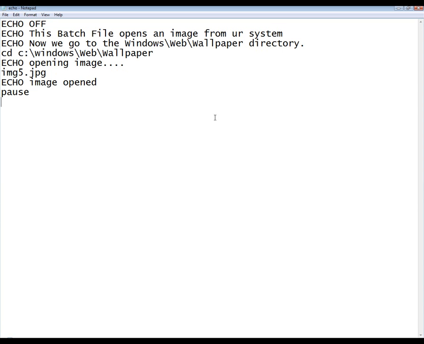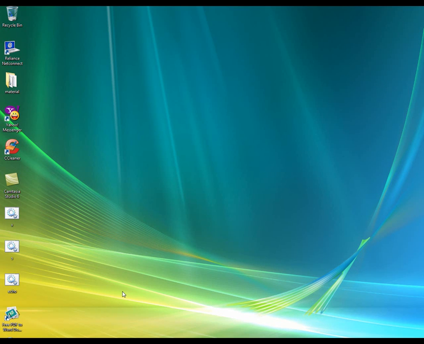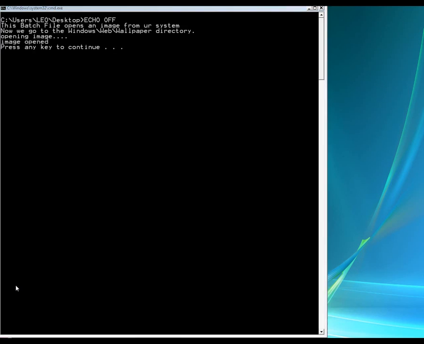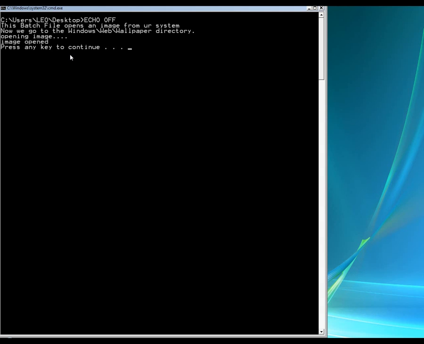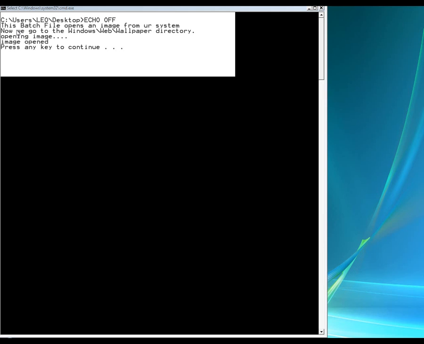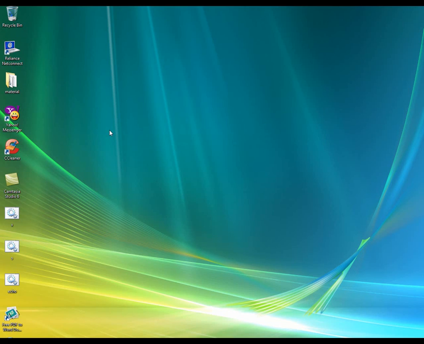Let us check it out. So by using the echo off statement, you can prevent DOS from displaying the commands being executed. You can also use echo on or echo off according to your requirement.